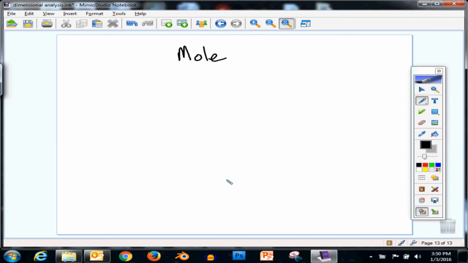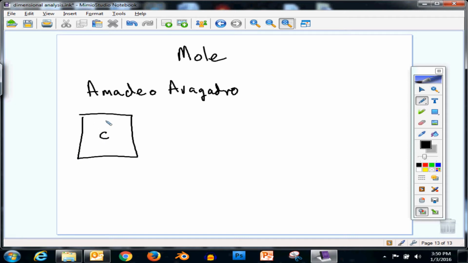Now, this mole is not the furry little critter that lives in the ground. It's not the thing that's on your face. This mole is a unit of measurement that was created by Amedeo Avogadro. And to put it simply, what he said is, if you look at carbon on the periodic table,